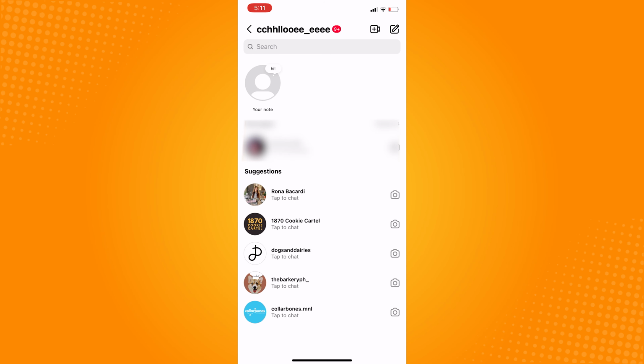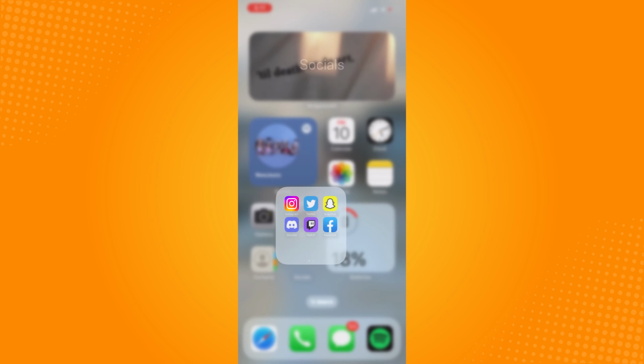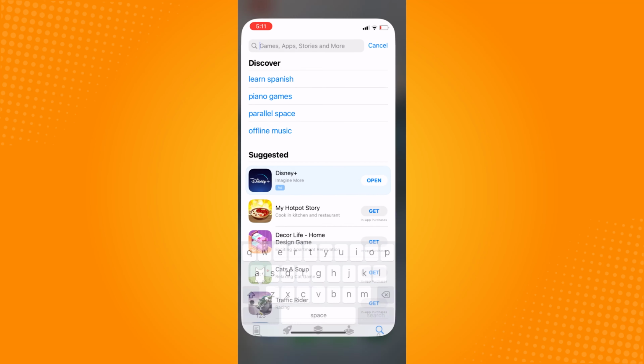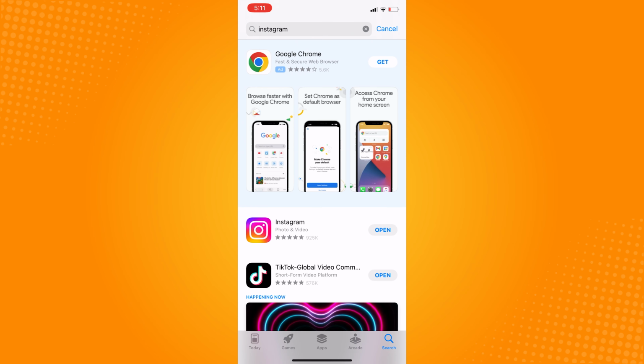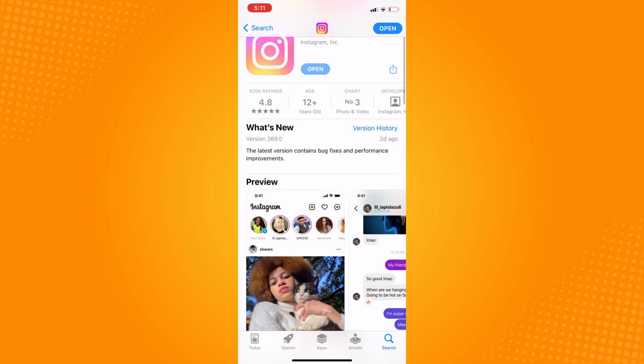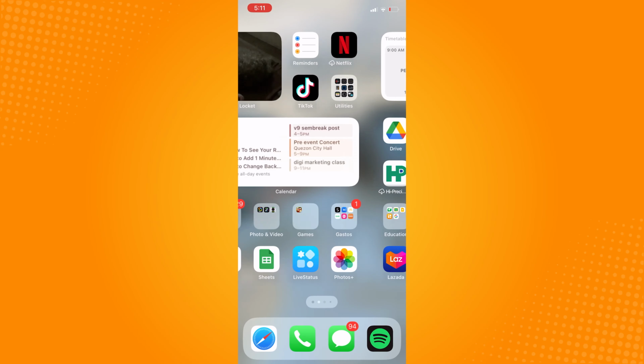If that didn't work, go out of Instagram and head over to App Store. Search Instagram and make sure that this is updated. If your version is the latest and you still don't have the notes feature, we're gonna go back to Instagram